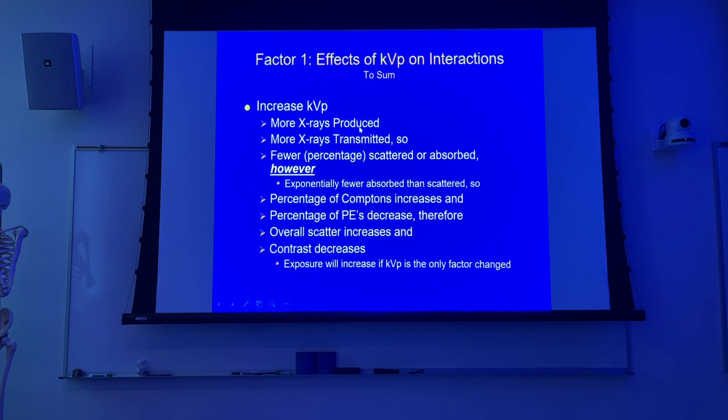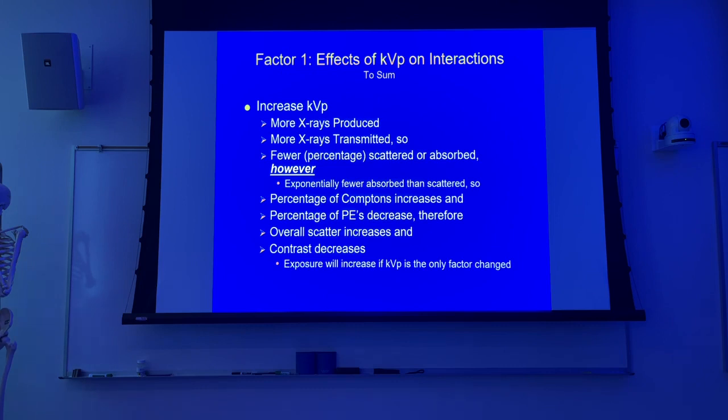So assuming that we have no other changes aside from an increase in KVP, we're going to produce more X-rays. More X-rays are going to be transmitted through the patient. So we're going to have a lower number of scattered or absorbed. However, the number that are absorbed are going to decrease much more rapidly than what the scattered are. So the percentage of Comptons increases relative to the number of photoelectrics that we have. So overall scatter increases percentage-wise,